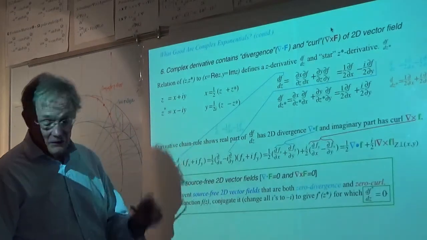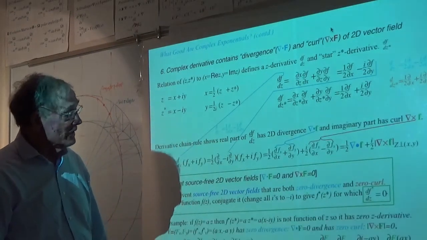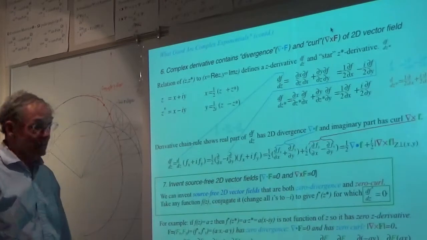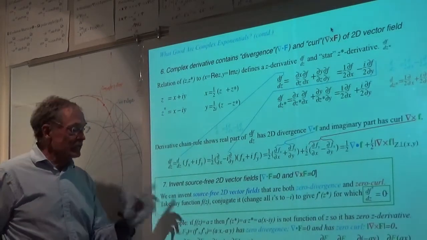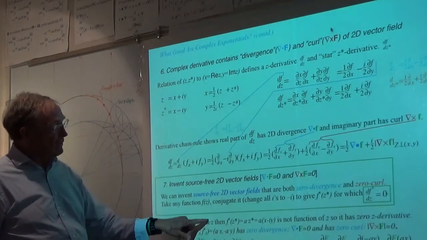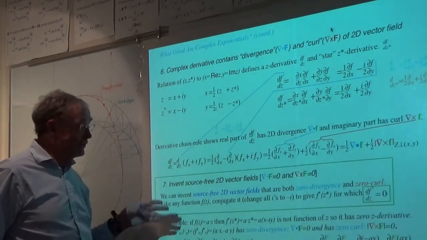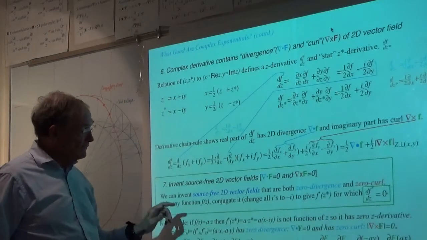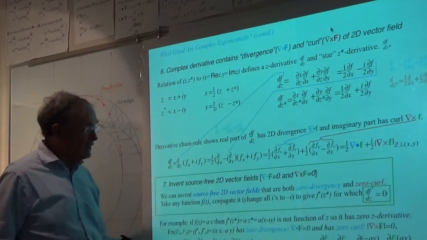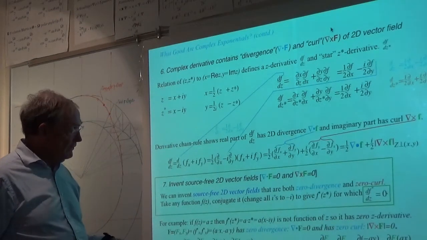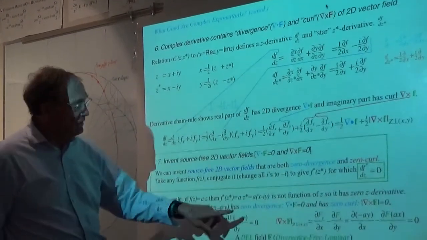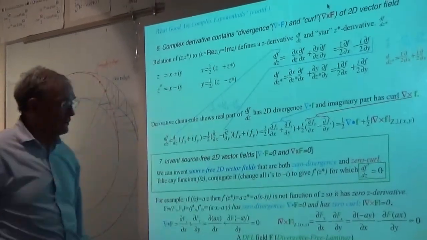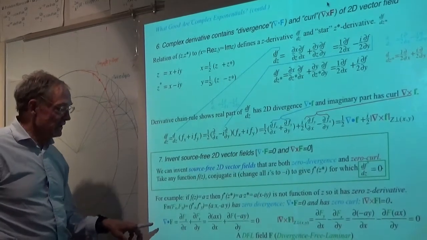Now, in the next screen over there, we're going to look at an example, namely this one. Let's take f of z equals a z, where a is a little number that could be complex. That's interesting too, to make that complex, but we won't do that. We'll just do the simplest thing here, where it's just plain old z. I'm keeping the a here just for the fun of it, but here's the basic idea.